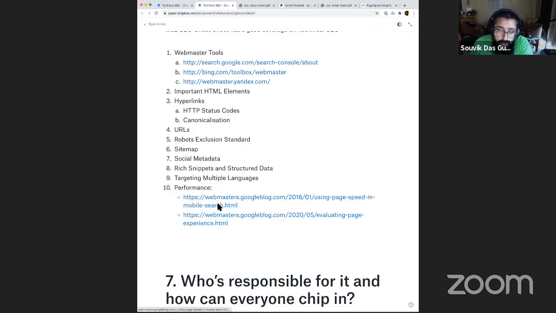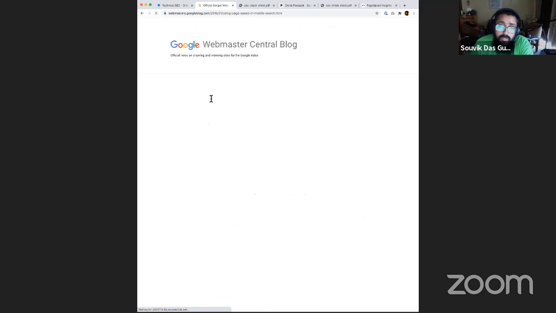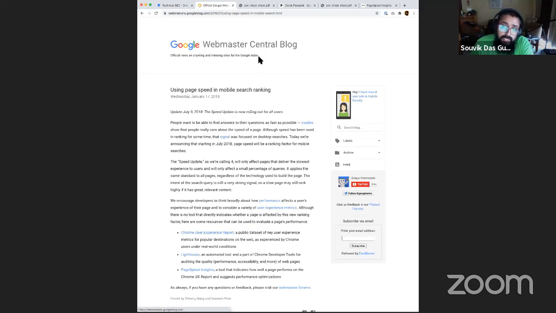If you go to this particular blog post on the Google Webmaster Central blog, in 2018 they talked about the value of page speed.